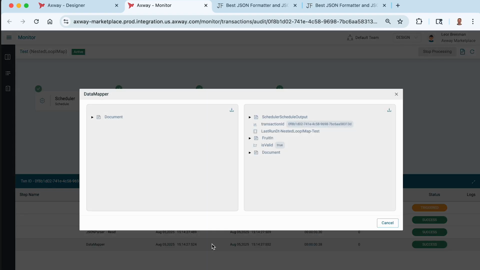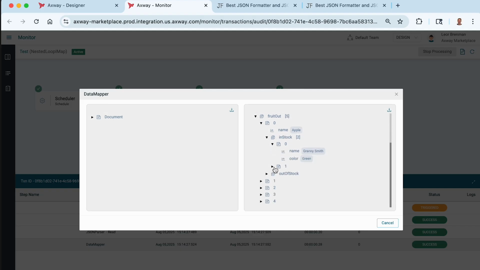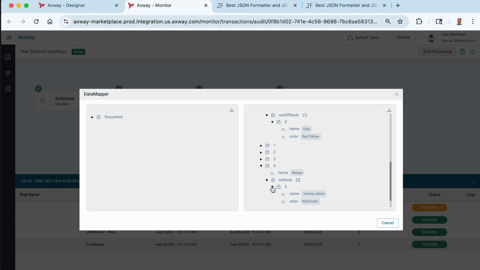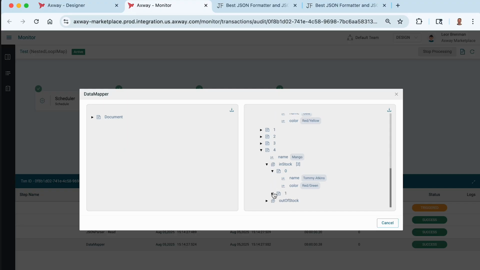Okay, and then if I look here and I look at the document, so fruit out, well, there's five items, that's correct. And for Apple, I've got in stock 2 items, Granny Smith and Fuji, and for out of stock, I've got Gala red yellow. And let's go to the last one. For mangoes in stock, I've got 2, Tommy Atkins red green, and Atalfo yellow. And for out of stock, we've got 1,